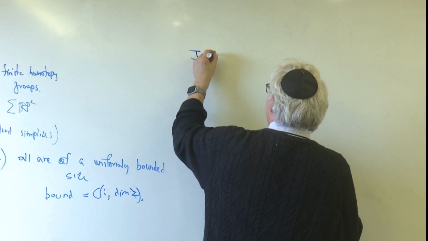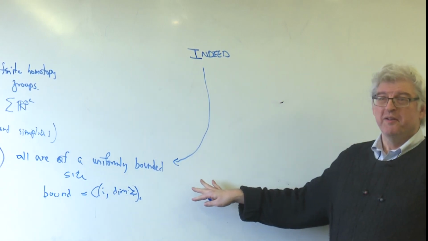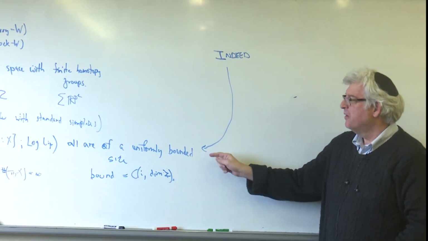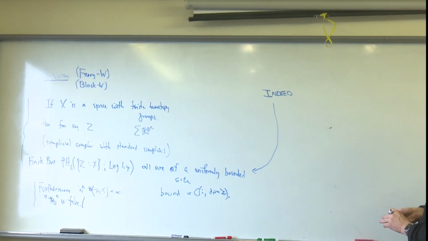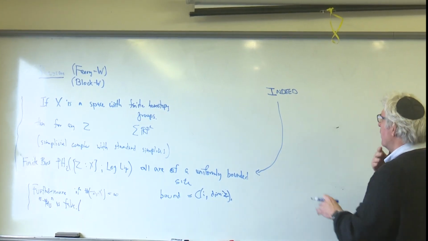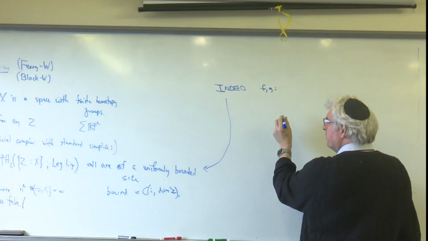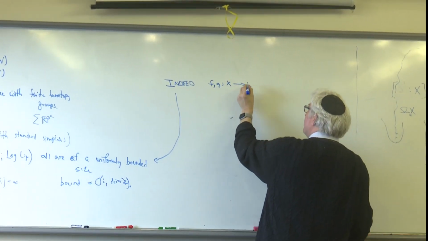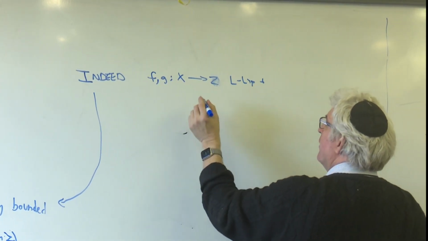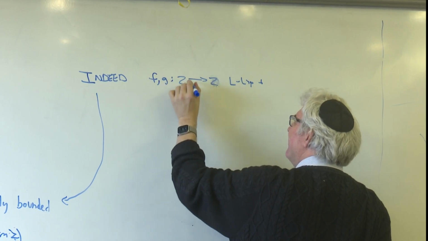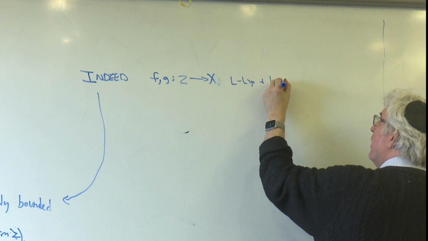So, indeed, now I want to add this "indeed" in here. Once I've done that, then this becomes true, okay? Because what I said, you'll see in a moment, was wrong. Indeed, if f and g mapping X to Z are L-Lipschitz, other way around, okay, are L-Lipschitz and homotopic,